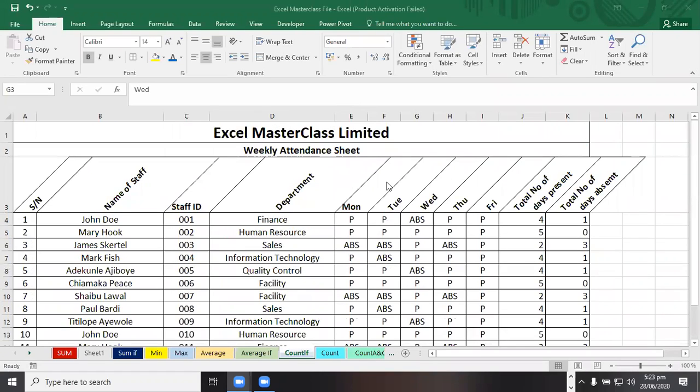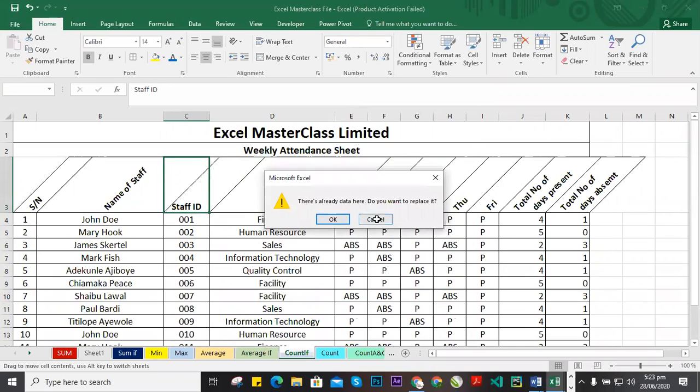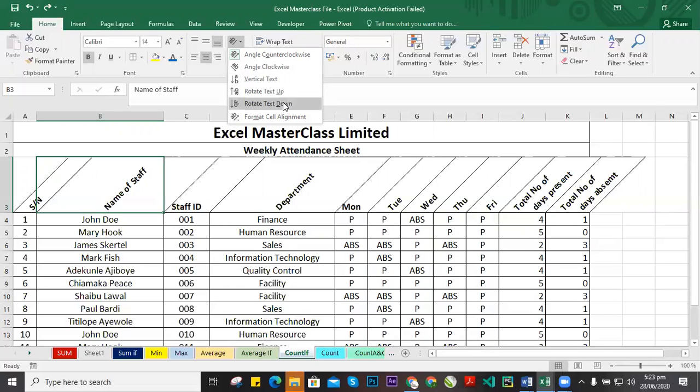I'll go on. So we're talking about text direction. You can easily do that from here. This is angle, different angles. You could just put your text like this, vertically. So all these things we are doing are just what we call formatting. So we are just trying to format